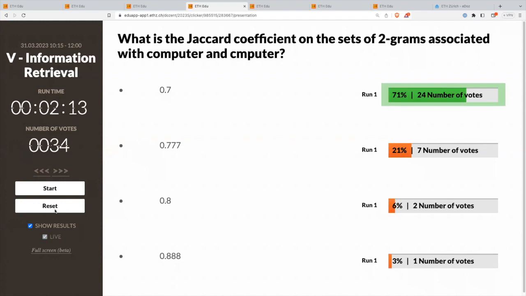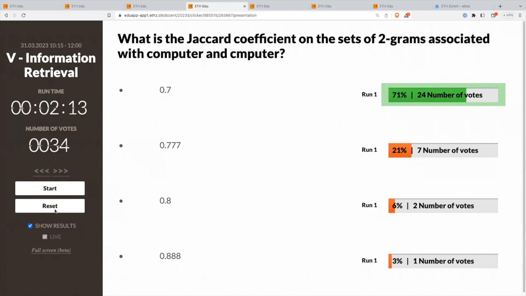It is indeed 7/10. How do I do that? I can even do it live without drawing anything. So how many bigrams are there in computer? Well, there is this trick that there's eight different letters in there. So that would give us 9 bigrams, right? Because there are no duplicates, no repetition of the same sequence. So we have 9 bigrams in computer. And in computer, how many new ones do we have? Well, the only one that would be new is CM, right? So that would give us 10 in total. So we know the union has 10